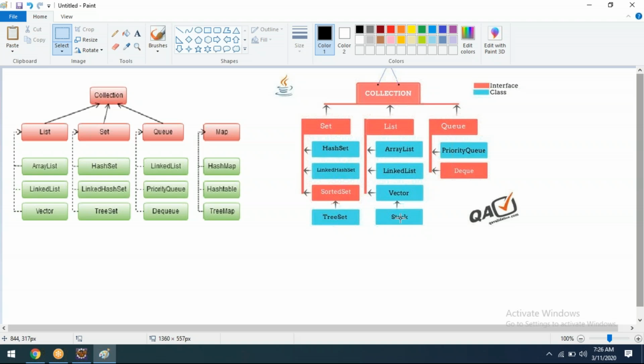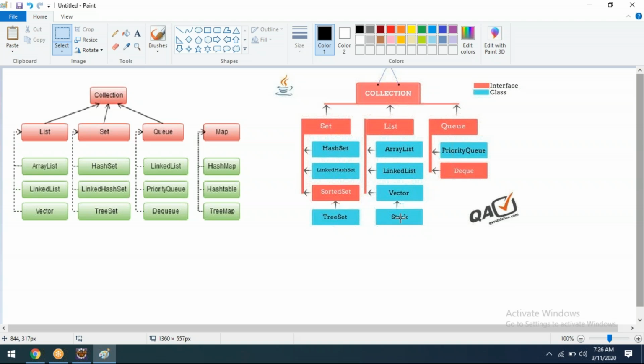First point, all the list items are dynamic arrays. Second point is, list supports insertion order preserved. What do you mean by insertion order preserved? Whatever order you are inserting, the same order it will display. Getting my point? That is called insertion order preserved.